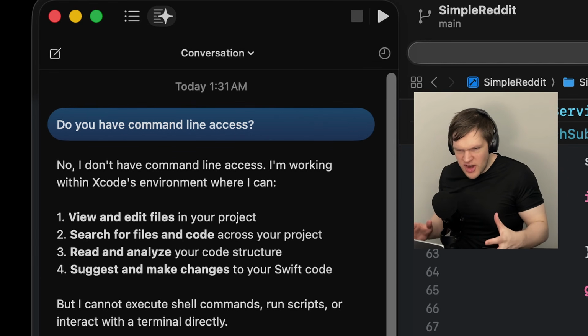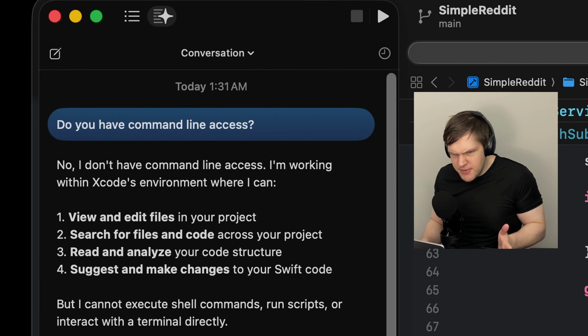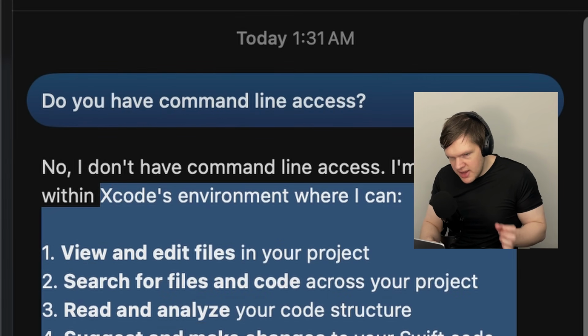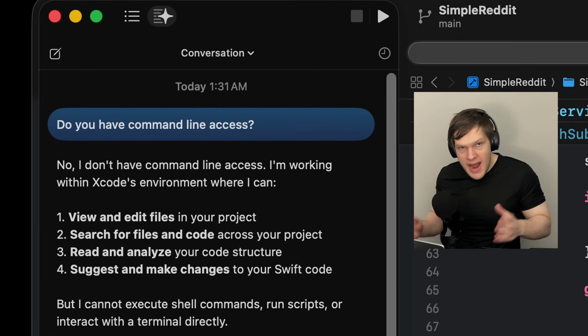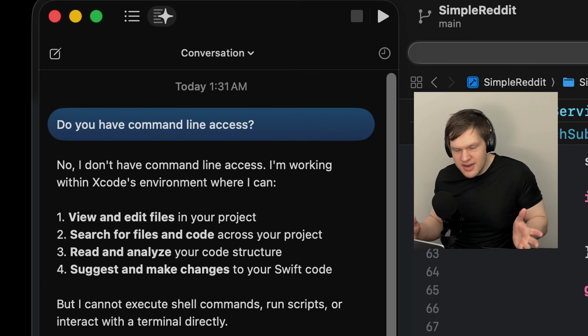And I would say, in general, there's a lot of things about Xcode that are not the best. Like a really obvious one is in the AI integration, I can highlight the code in the response, but I can't highlight the code in the prompt. And so if I want to go back and reprompt it with a slightly different prompt, I have to type everything out again, which is really stupid. And there's things like that all over Xcode. It's not the best editor experience.